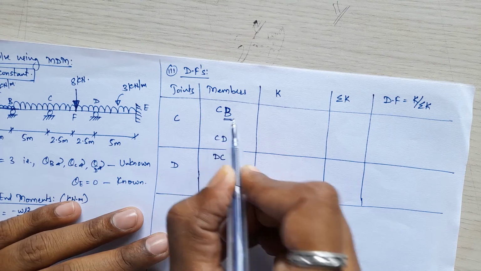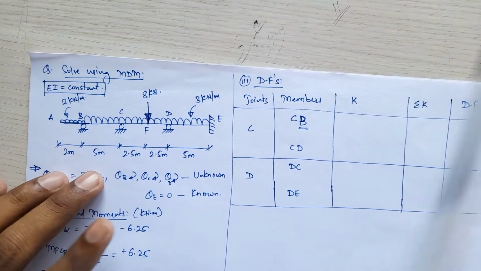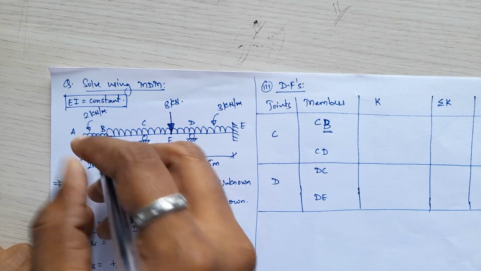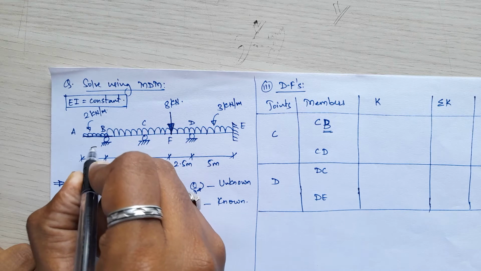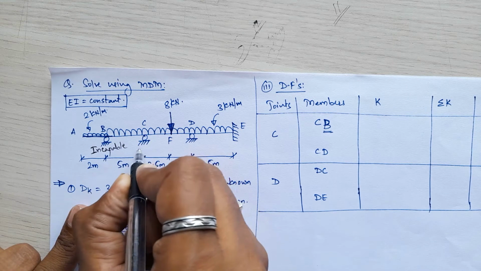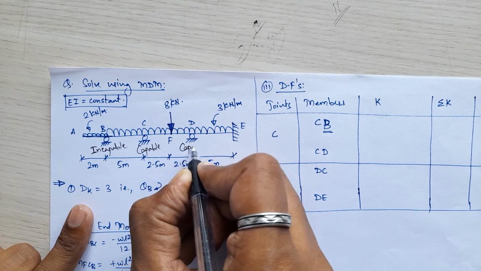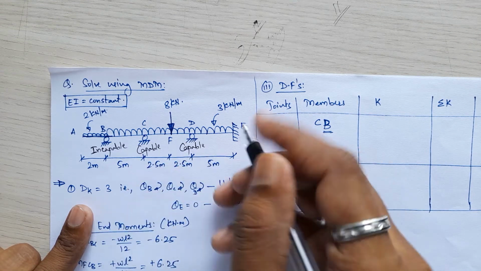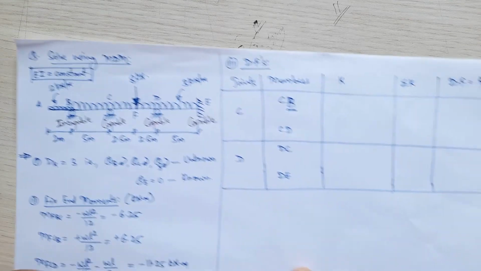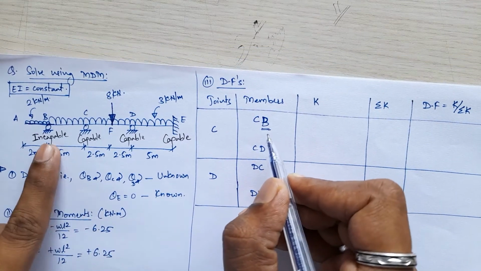Okay, so B you have to check. So what type of support is B? This is an end support, which is not continuous further. So this type of support is called an incapable support. Okay, this will be a capable one. This is also a capable support because these two are the intermediate supports, and the last is a fixed support. A fixed support is always considered a capable support. Okay, so B is an incapable support.